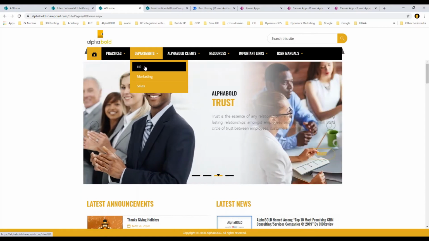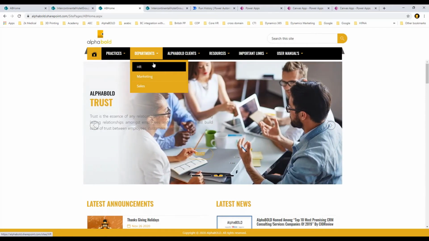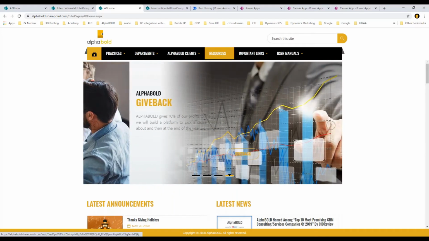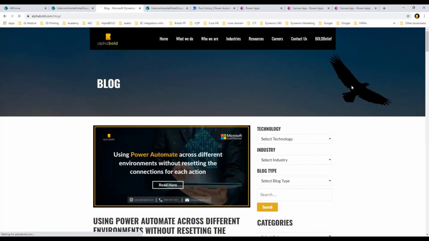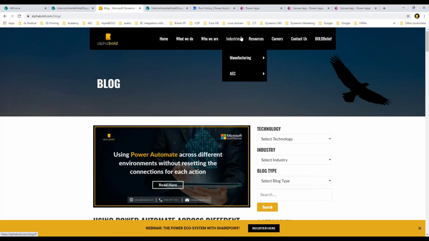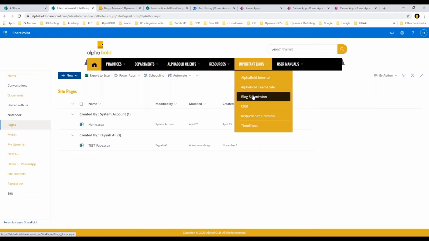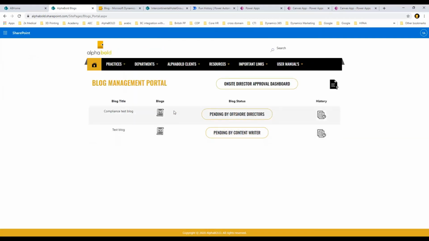We have our administrative staff as well as support staff organized under departments. And then we have clients, resources, important links, so blogs and vendor training stuff would come in here. And we have a lot of automation within our intranet as well. So for example, if I go in and I click on blogs, it brought me to blogs. But let's say I want to do a blog submission. So I can go in here, I can upload a blog,